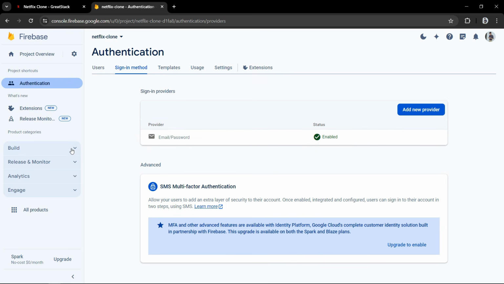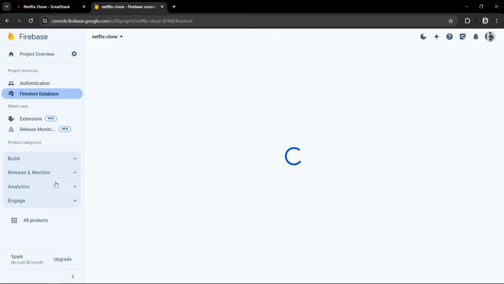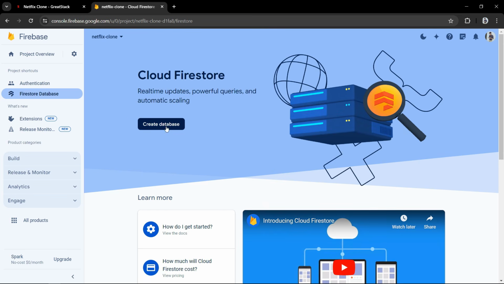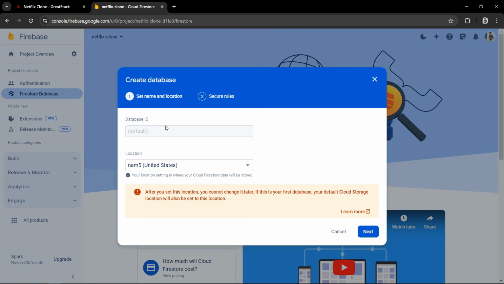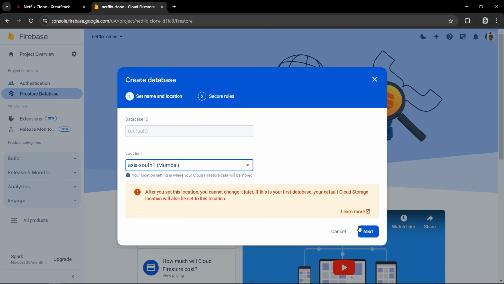After that, in the left sidebar, here we have Firestore database. Let's click on this one. Then click on Create Database. Here you have to select the location. Select your nearest location. I will select this one and then click on Next button.